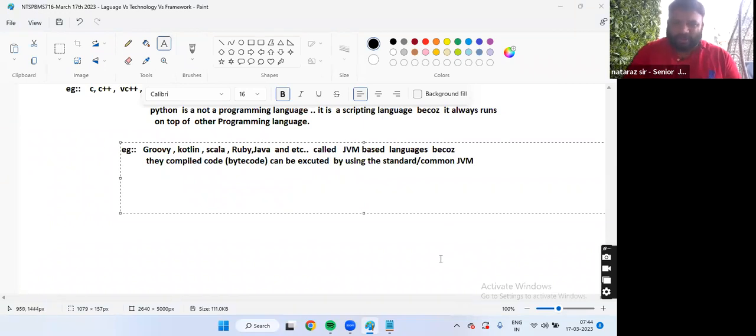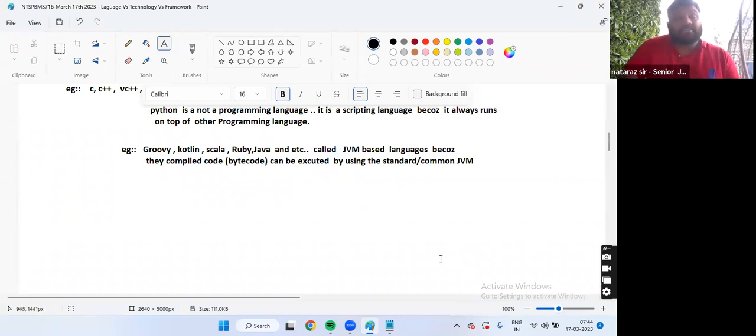JVM means Java Virtual Machine. They have their own syntax and their own programming style. But after compilation, what will they give, guys? They give a .class file. And this .class file is the same as a Java .class file, guys, so that it can be executed by using the regular JVM.